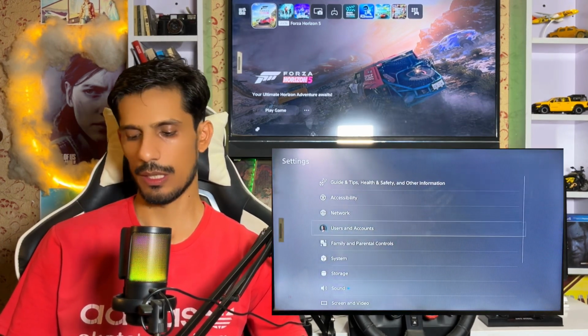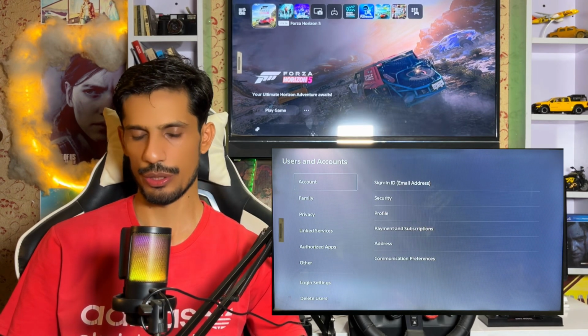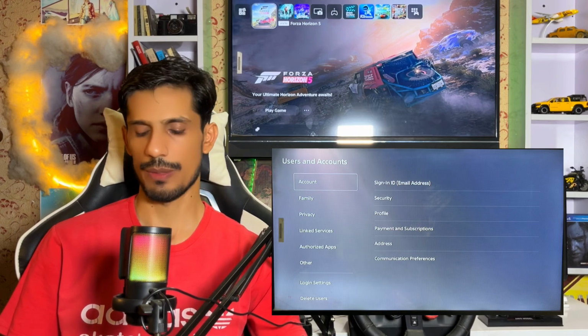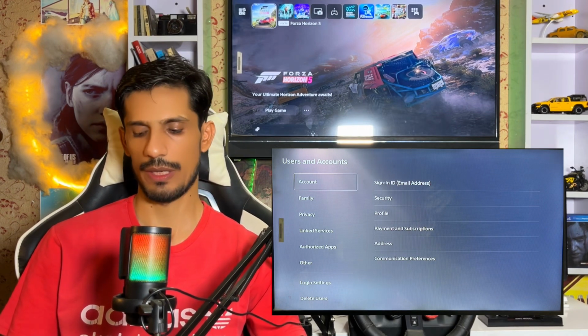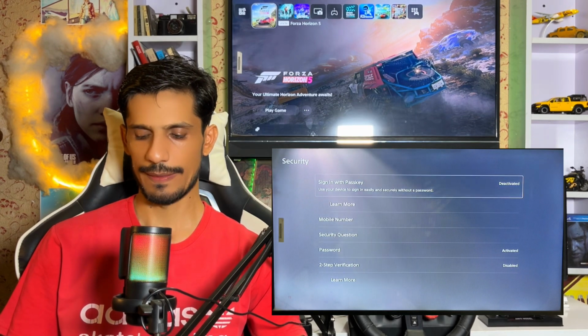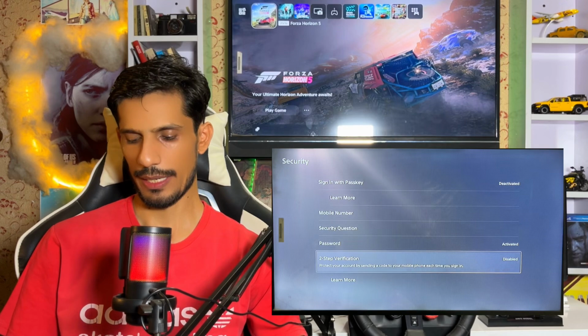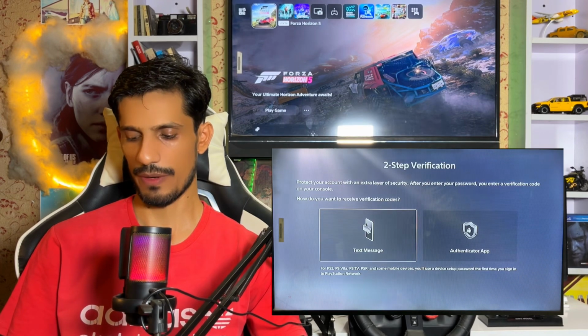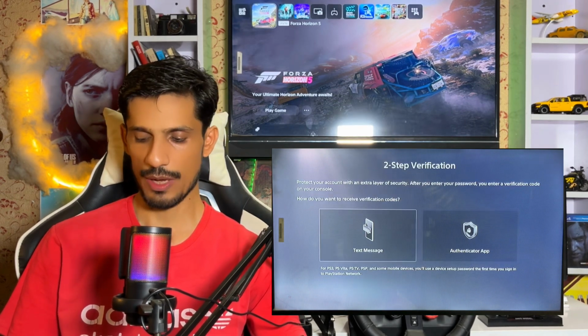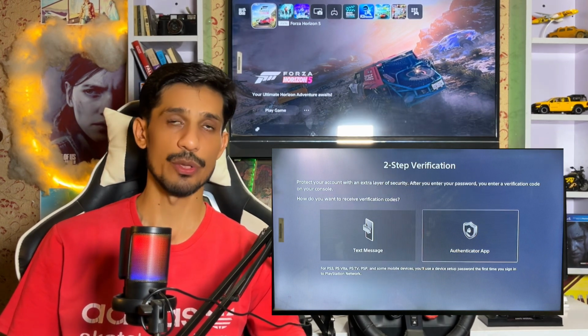How to fix the two-step verification: go to Users and Accounts, and then go to Security. And how to add a two-step verification: set a two-step verification or a passkey. Here we go to Security, and then here's the passkey. You can set it here as deactivated, and you can set the mobile number also. Two-step verification is also deactivated. You can activate it by text message, add a number, and the authorized app, your PS Plus